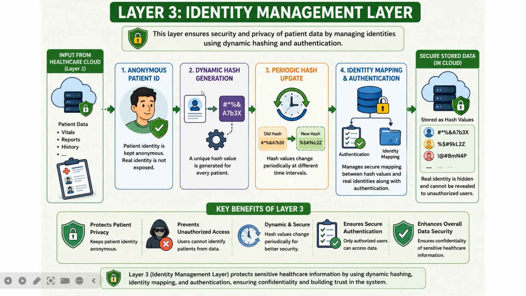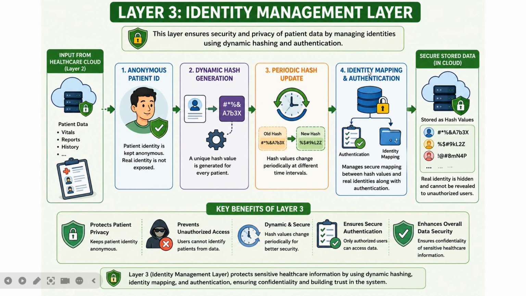Then comes the dynamic hash generation, where a unique hash value, which is a coded representation of the patient's identity, is generated for every patient. This hash acts as a secure identifier and replaces the actual identity information in the system. Then the third stage is the periodic hash update. To enhance the security, the generated hash values are not permanent, they change automatically at different intervals, and this dynamic hashing mechanism makes it extremely difficult for attackers to trace or identify a patient